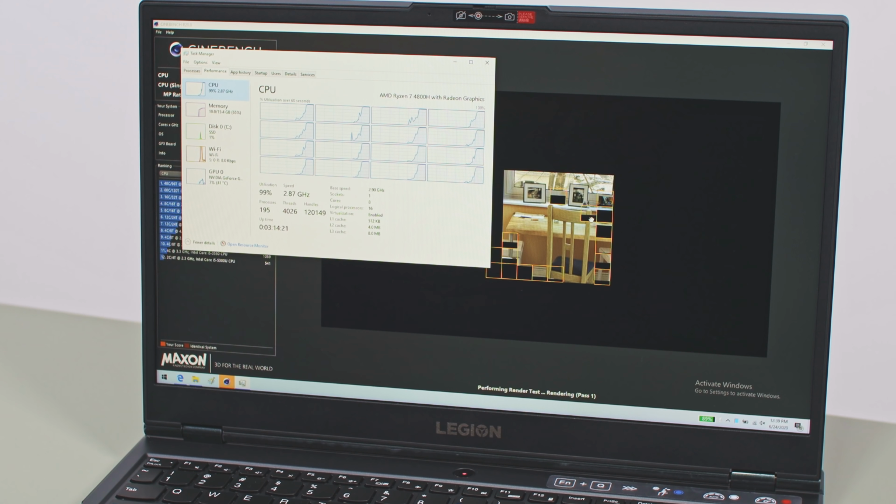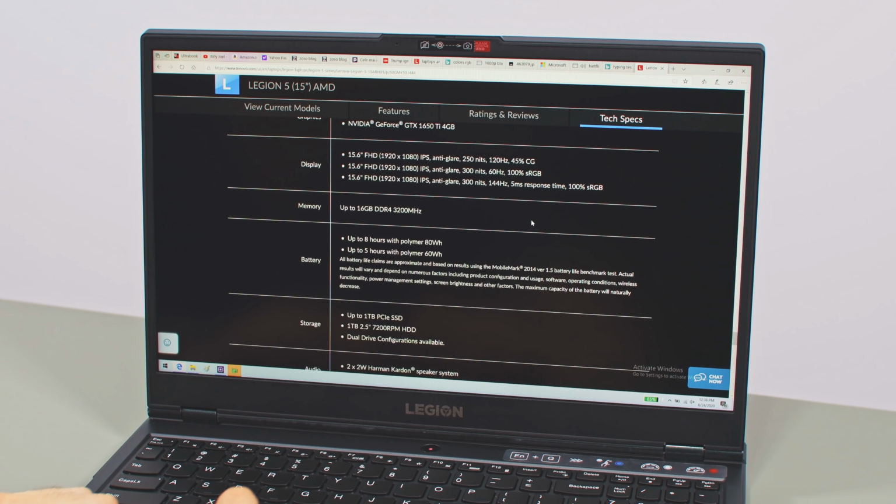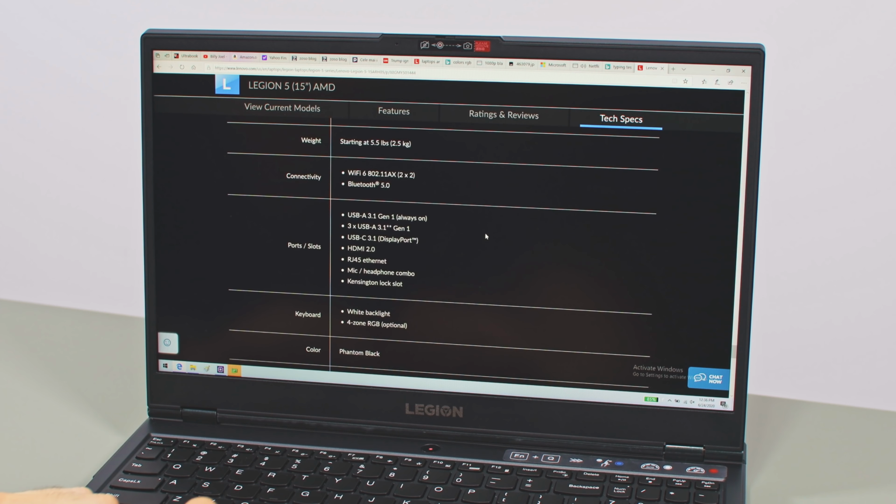The Ryzen 7 4800H is an 8-core 16-thread processor able to run at high TDP and clocks if supplied with enough power and properly cooled. Lenovo also offers the 6-core Ryzen 7 4600H processor options for this series for $100 less in the configurator, and that's perhaps a better match for the kind of GPU available here. And that's because this AMD-based Legion 5 only tops at an entry-level GTX 1650 Ti dGPU, at least for now. GTX 1660 Ti and RTX 2070 options are announced for a later date, but we don't know when and where